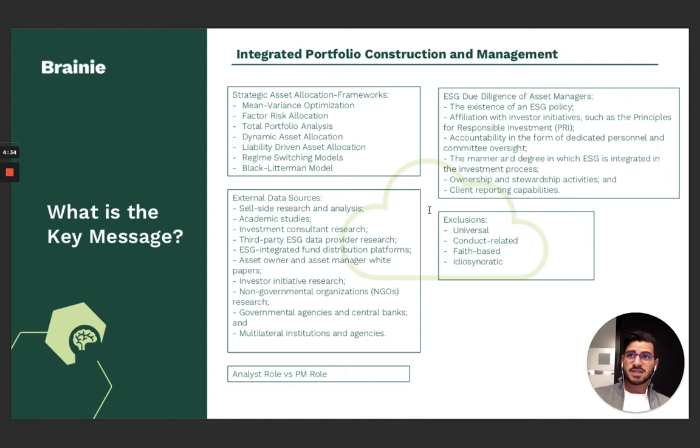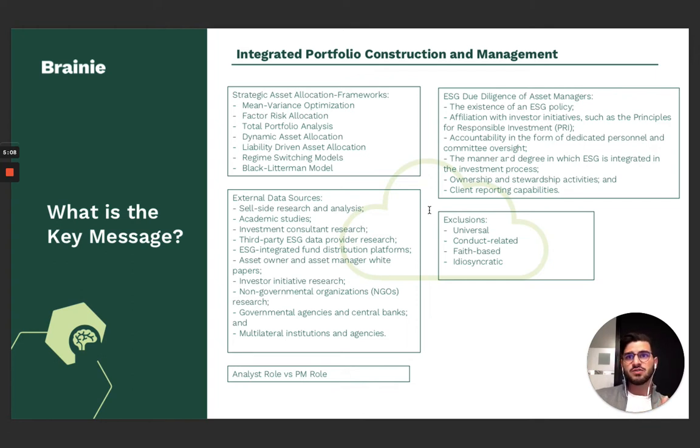The chapter next talks about how to integrate, or rather test, the ESG integration in asset management selection. As you know, many asset owners outsource the asset management tasks to asset management firms. So outside of operational due diligence and investment due diligence, increasingly asset owners also want to know how the asset managers integrate ESG. They do it by reviewing baseline metrics that include, for instance, the existence of an ESG policy,